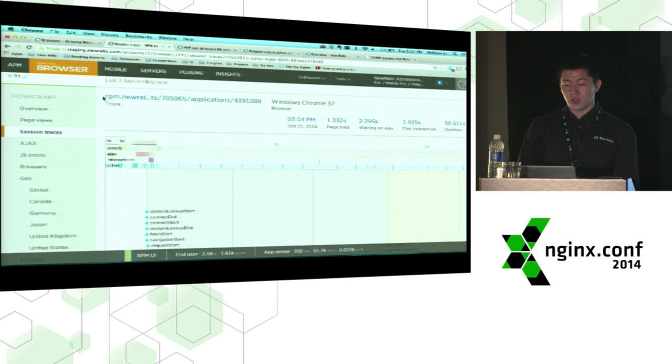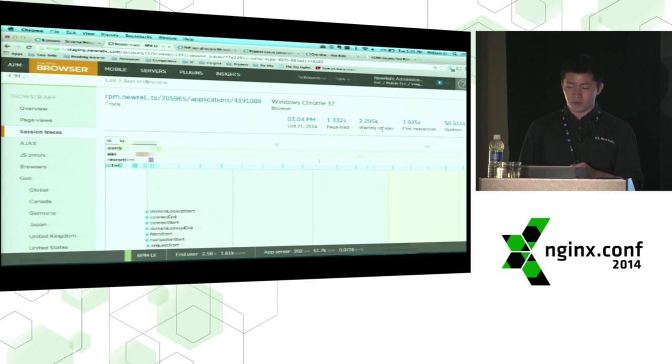The first portion is the URL that it was actually accessed, the browser used, when it occurred, how long it took for the initial page load versus how long it spent for the AJAX after that page load to complete. Now this is actually an important distinction because for most modern pages, what happens is the first page loads, and then as soon as the page is complete, all these AJAX calls go off in the background, pulling in a lot more content onto that page. Now, typically for a lot of browser analytics, what happens is after that initial page load finishes, that's where the analysis ends. For us, because we're able to track that entire interaction, we're able to get you all that information,